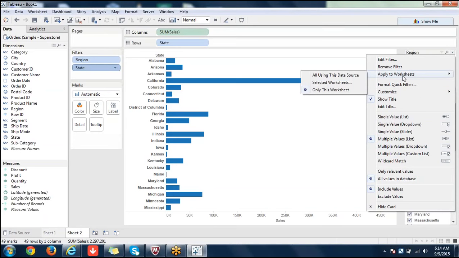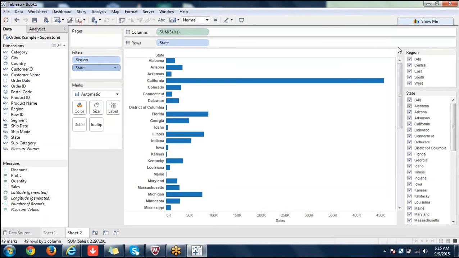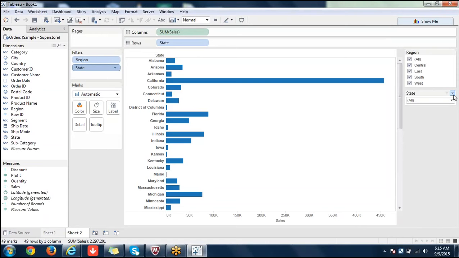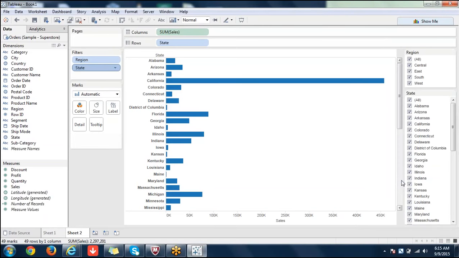Okay, so I will tell you what is applied to worksheets. Still that is there, only relevant values. Okay, now please observe the options here. Okay, this is very important. Here after a wildcard search, please observe the values here. Okay, after some time you will see one more. Now we have only relevant values, or all values is include values, exclude values. This is there. Okay, I'm not doing anything as of now here because we want to see all values. That means we want to see a list like this. We are not changing it to drop down. If you want to change, we can change it to drop down like this. So it will change automatically. That's not a problem. But as of now, we'll keep it as a list only.